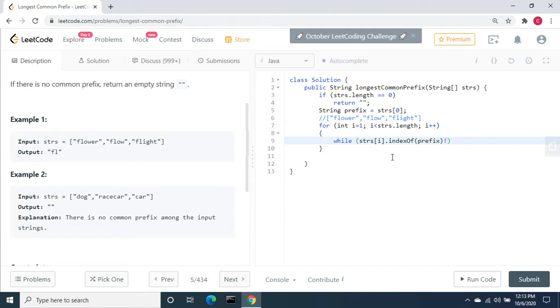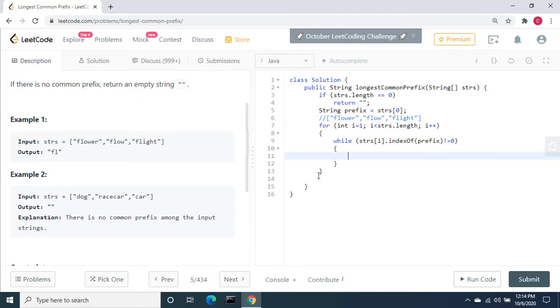If not equal to 0, I am going to do some operations. The first time it comes inside, the word will be "flower", and the index of the prefix is at the beginning. So "flower" is already there, this will return 0, and it won't even go inside the while loop.